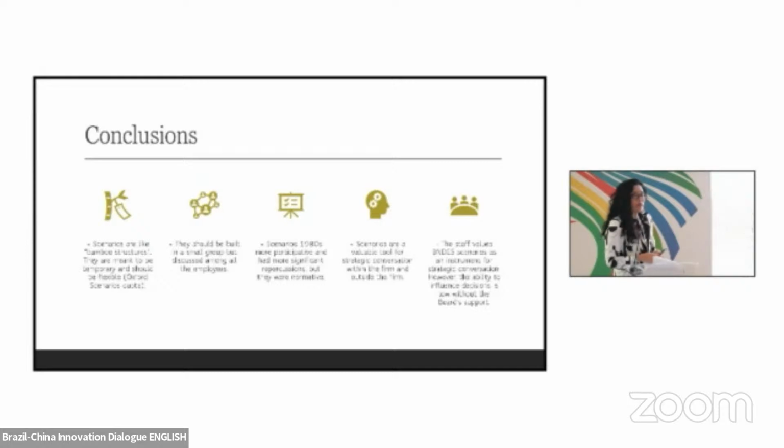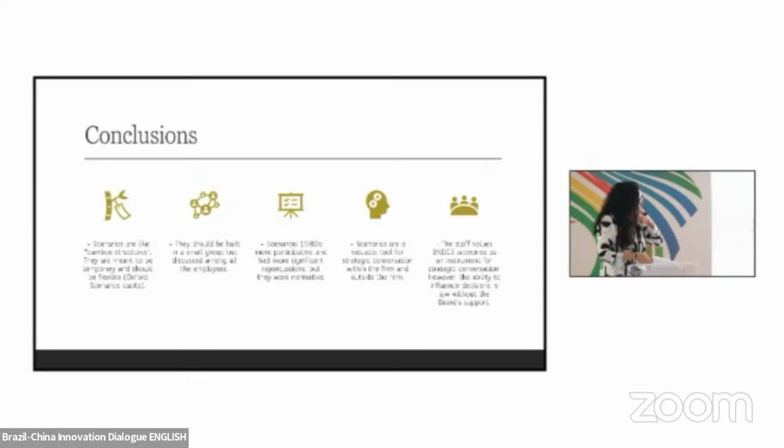The second one is we cannot have scenarios with large groups. We have to start with a small group of experts, bringing people from abroad, remarkable people. However, the scenarios have to be discussed internally in the house. We need some way of participation, some kind of consultation, take it to plenary, present, discuss, and let people discuss. Because if not, nobody accepts it, and it's going to be without any base.